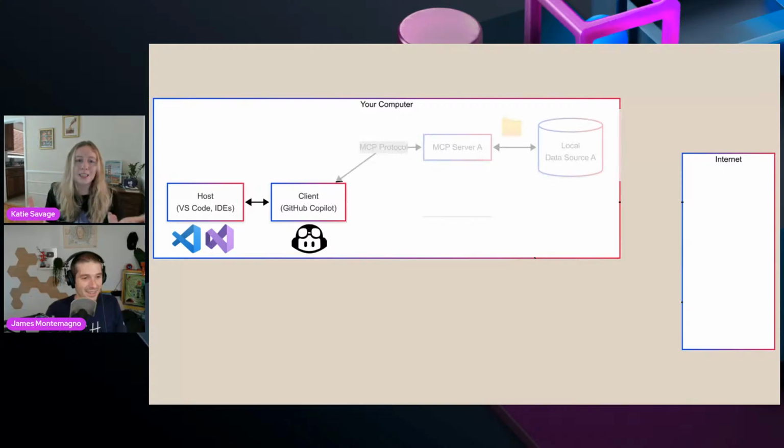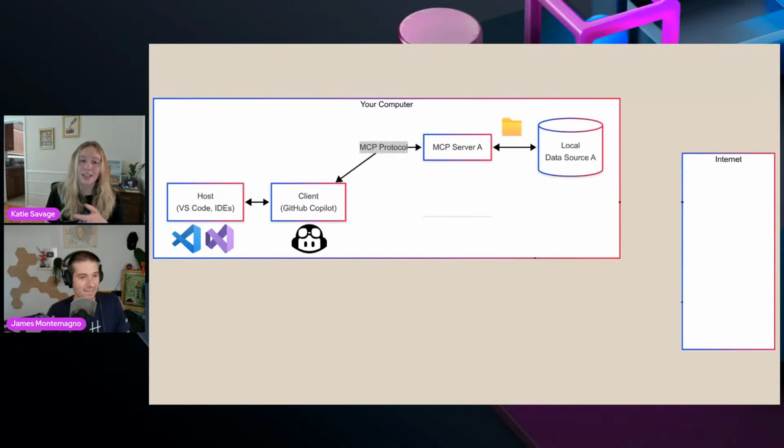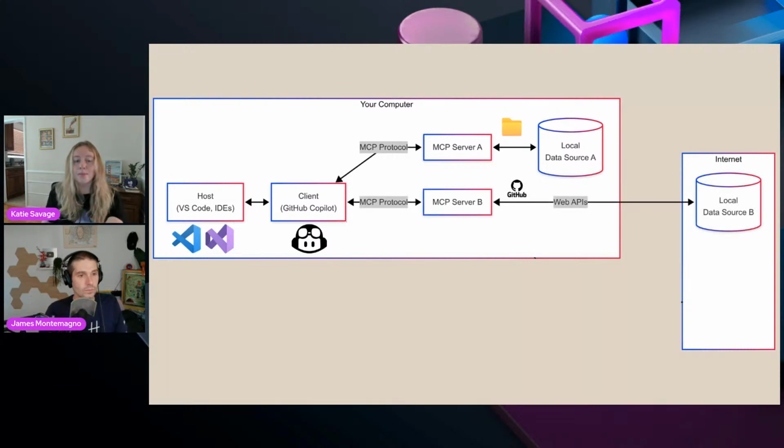So first place these can run are just locally on your machine. And that can be as an app or inside of a Docker container like we saw in our example. And that way they can talk to data sources locally. Another way is that they can be calling web services, like with our GitHub MCP server example, when it's gathering and creating those issues for you.